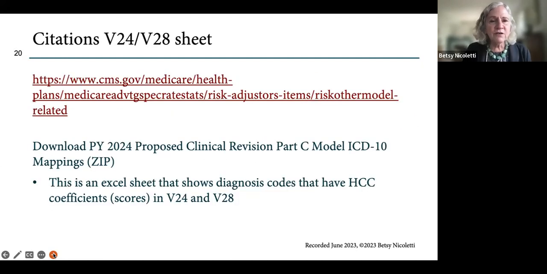So here we are, here are the citations I was talking about. This citation is, you're going to download a zip file, and there are two documents in there, a TXT file and an Excel file that shows the HCC categories in version 24 and 28.